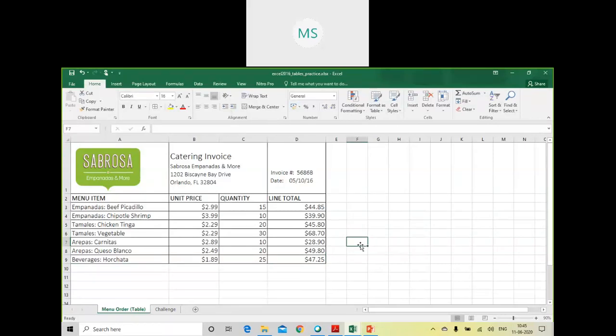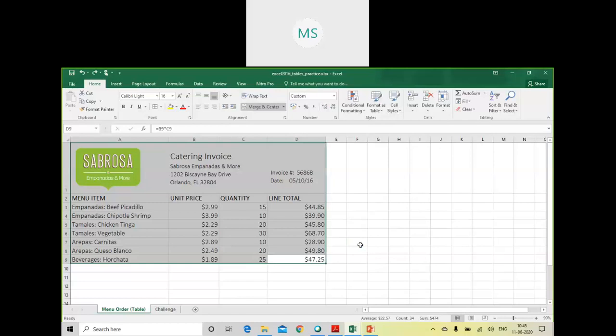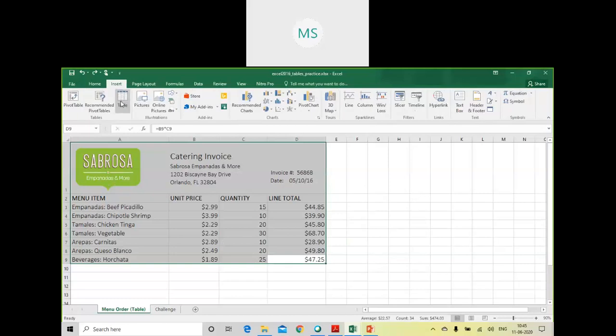This is one of the simplest ways, but you are not getting table formatting options here. You have just provided borders, but you haven't done anything else that a table should have. So what you can do is select this particular area, go to Insert and then the Table operation, or you can also press Ctrl T.